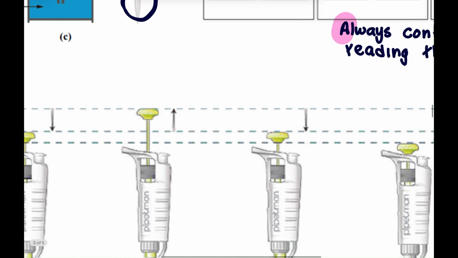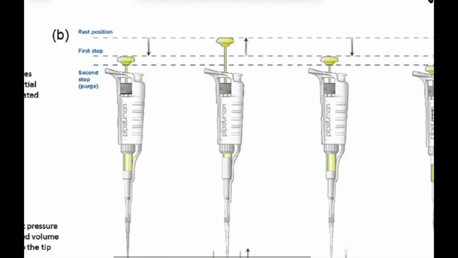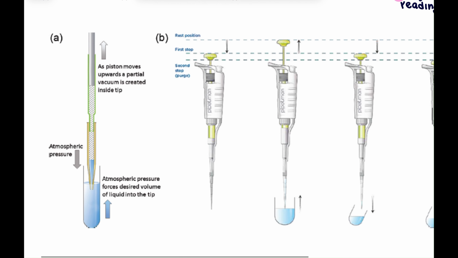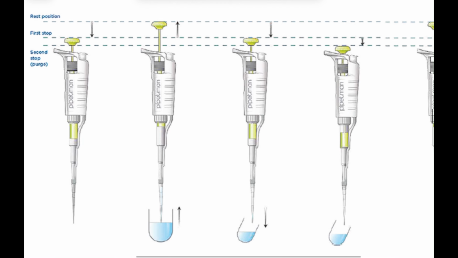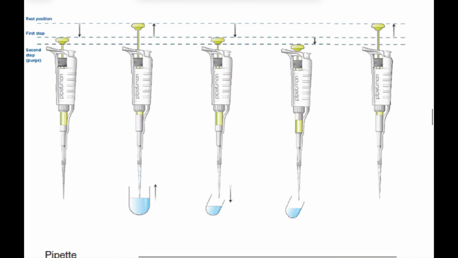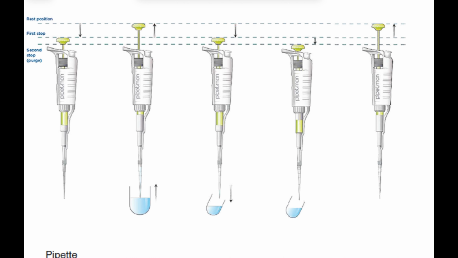So now let's come down here and let's talk about how to use the pipette. In these different pictures here, let me just frame this on the screen. Let's walk through how you actually use one. This is called forward mode pipetting, and it's the most standard method for pipetting these aqueous samples. The first thing you always want to do is set your volume,